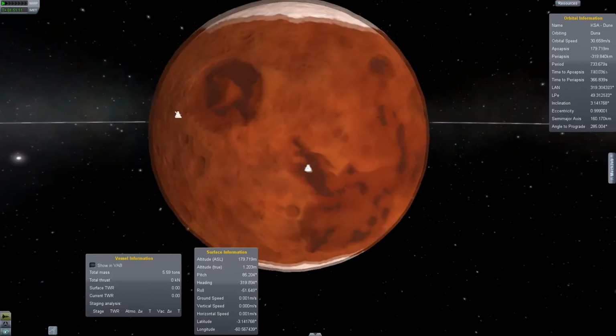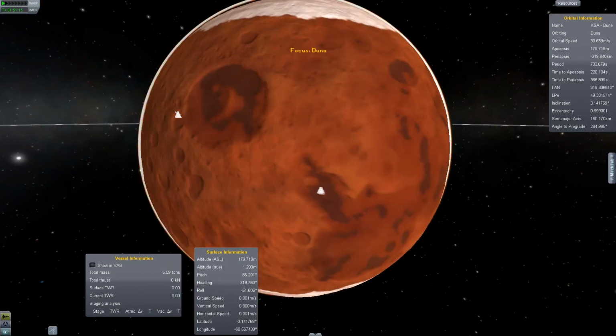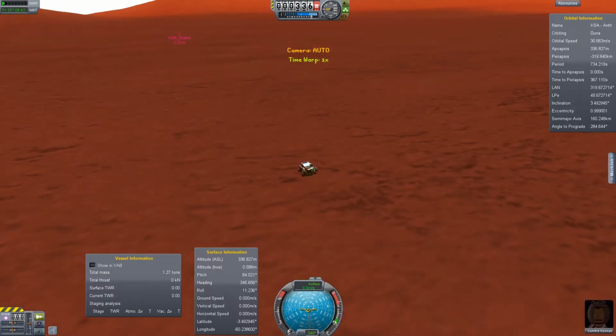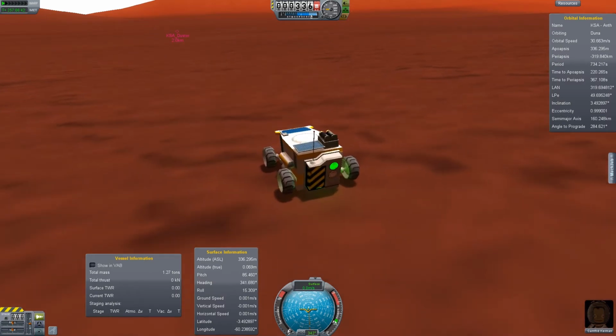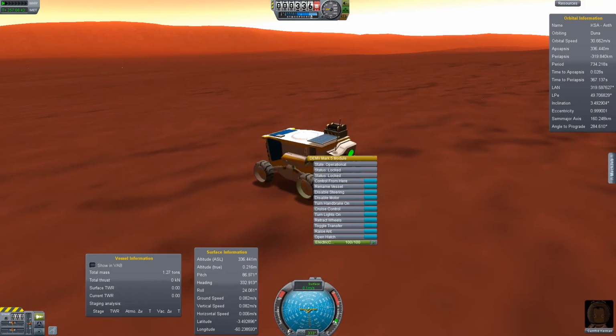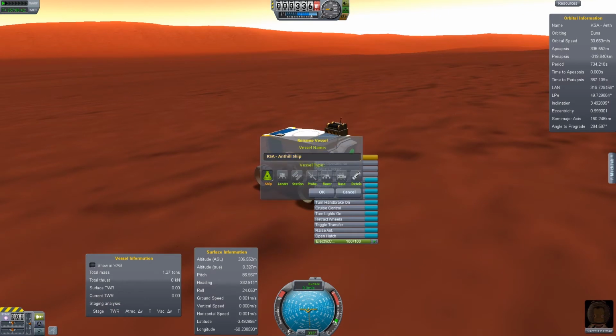It's a nice big white blob. We need to zoom in on... See, now this is being called the anthill ship. And that's because it was part of the anthill and then it was detached from the anthill. I think we will rename that. Okay, gear working, perfect. Let's go ahead and rename while we're here. Rename vessel to the KSA anthill ship. Nope, we will call it the KSA